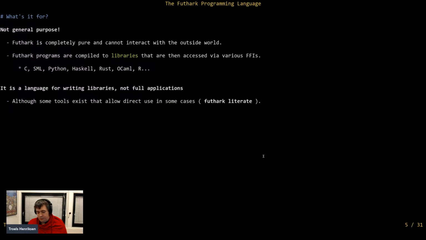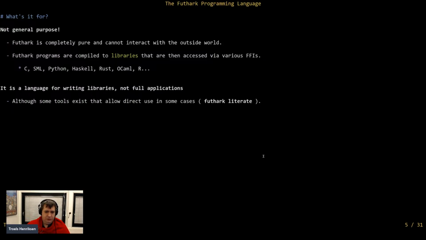Instead, the idea is that you take a Futhark program, and then you compile it to a library, and then you call that library from some other language that can actually interact with the outside world through some foreign function interface. And Futhark itself will generate either C code or Python code and provide either C or Python interface, which you can then call from any language that can call C or Python code. I would say, except for Python, most languages go through the C interface. And there's some bridges you can use to make that a little bit more pleasant so it can be pretty ergonomic. But you really need some other language to help Futhark actually get something done. It really is not for writing applications, it is for writing libraries.